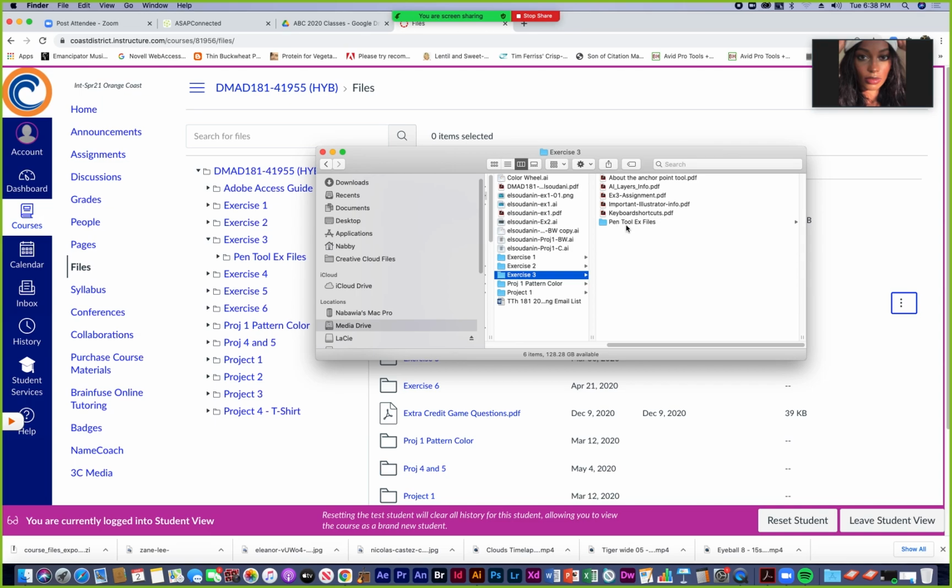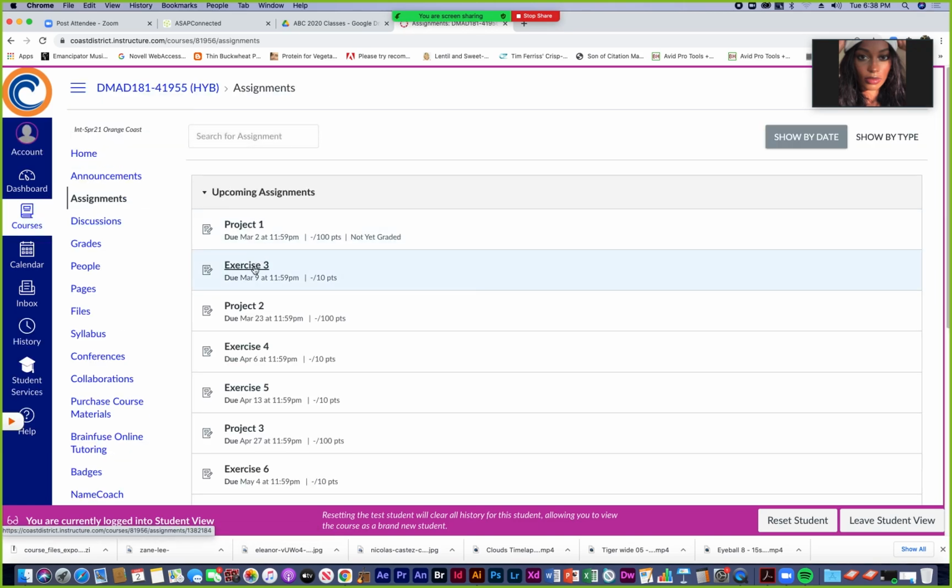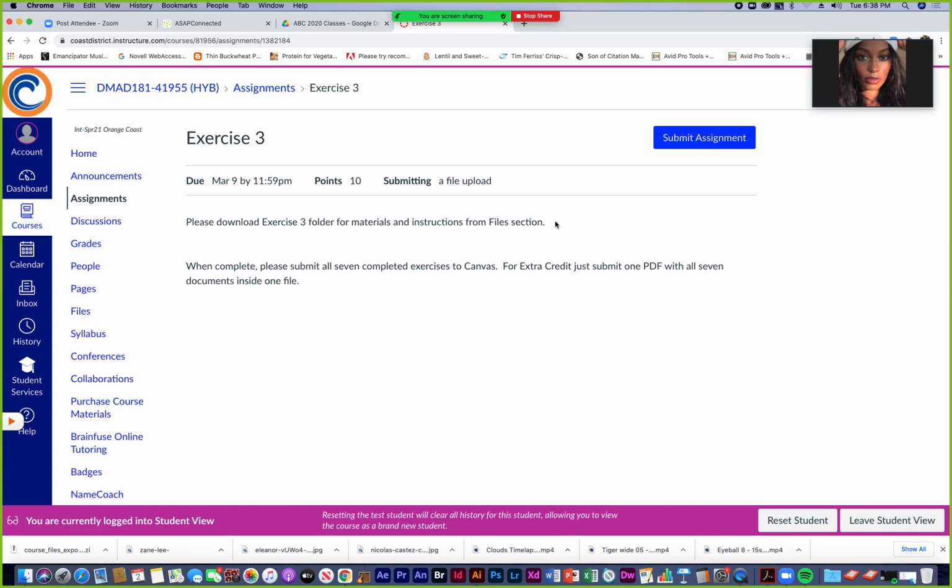And then when you're done, remember, you just go back, log back into your course on Canvas and find the exercise 3 assignment page to submit the assignment. There's not much more information on the assignment page itself. It just reminds you to go download the exercise 3 folder from files, and it gives you also a reminder here about